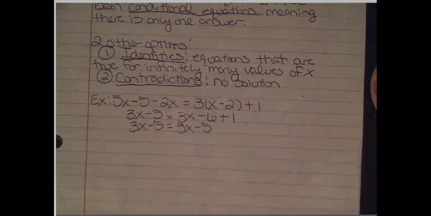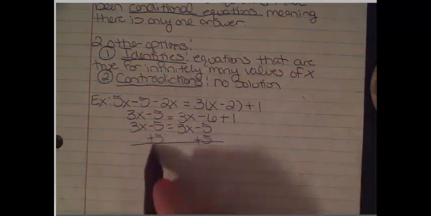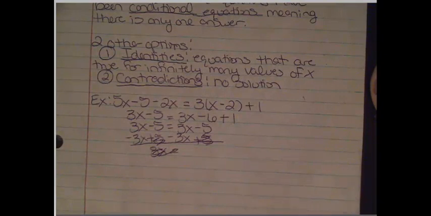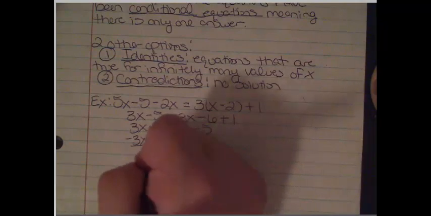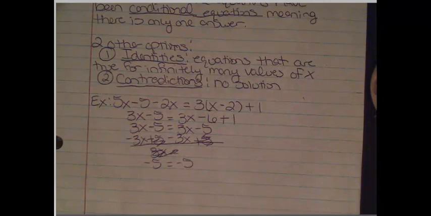So we're going to add 5 to both sides, or excuse me, we don't add 5. We subtract our 3x from both sides, which is what we would have done normally to try and get our x's together. That would leave us with a negative 5 equals a negative 5. Is that true? Does negative 5 always equal negative 5? Yes, that's always true regardless. So that tells us that this is an identity problem,